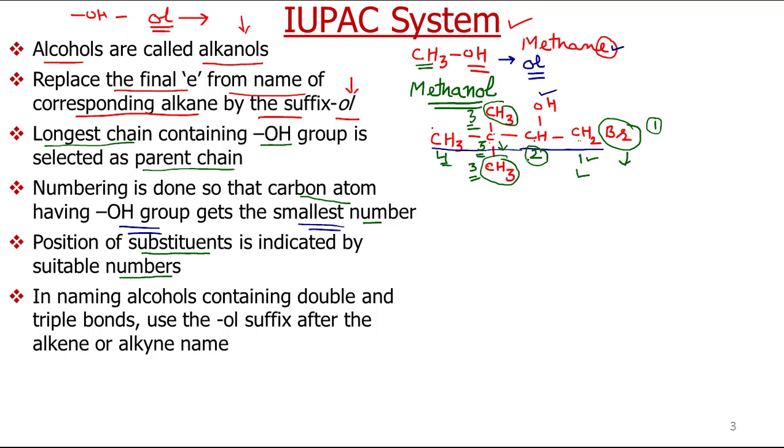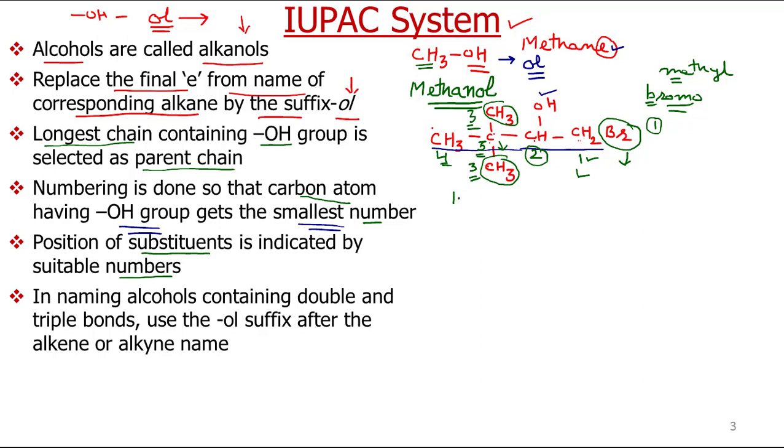And if we have to write the name, while giving the name of substituents we follow the alphabetical order. The name of this substituent is bromo. All these substituents will be added as prefixes. The prefix for Br is bromo, and for CH3 it is methyl. Now you can see B comes first, then M. So first we will write bromo. Bromo is at the first position, so its number will be 1.